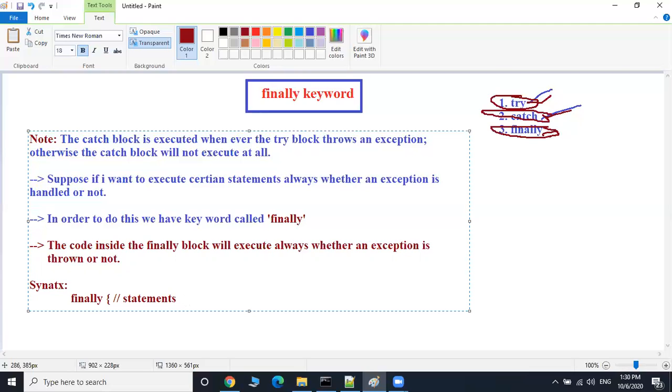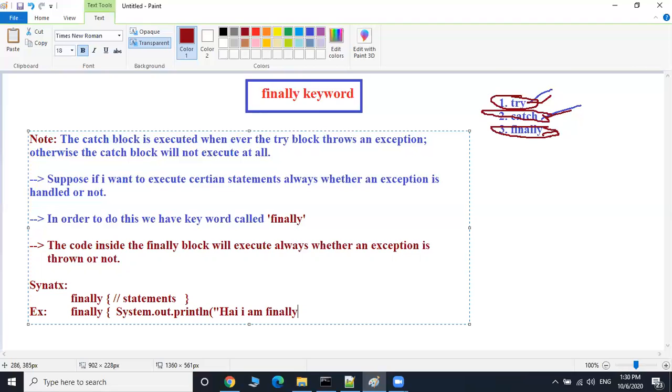For example, System.out.println("Hi, I am finally block"). So this is the syntax of the finally block and its advantage.